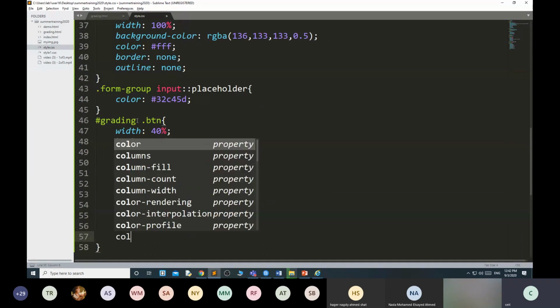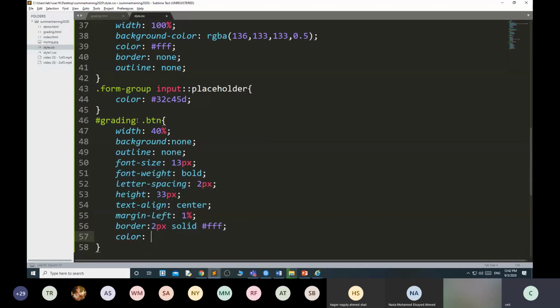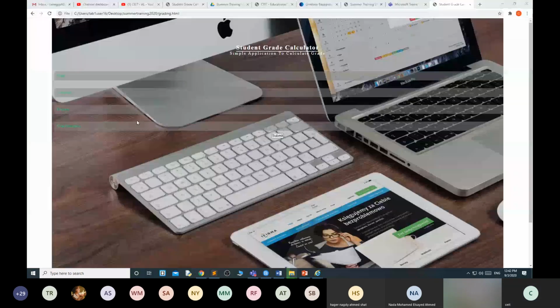And the color of the content is 013F7E. Okay. You get it? Border color is white and this color is blue.